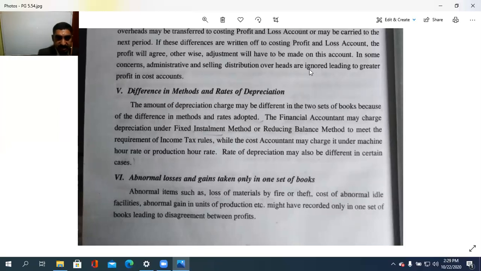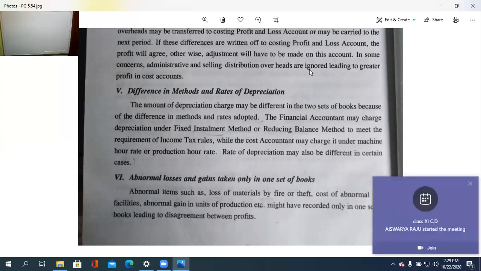And the final case is abnormal loss and gains taken only in one set of books. Abnormal items such as loss of material by fire or theft, cost of abnormal idle facility, abnormal gain in units of production, etc. might have been recorded only in one set of books, which leads to disagreement between the profits. So these are the cases with regard to why there is a difference in the profit between cost books and